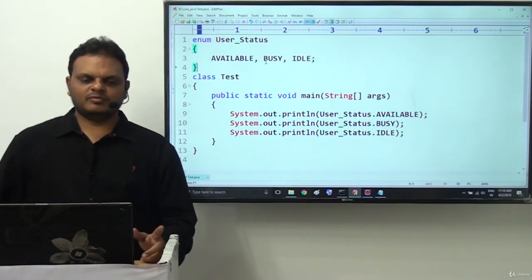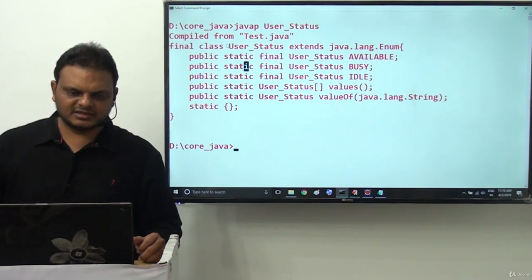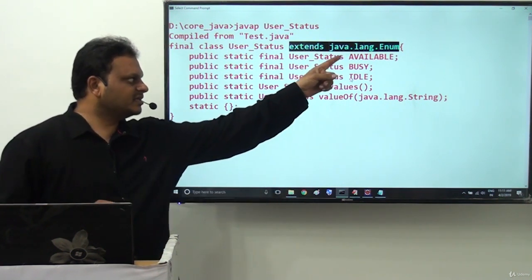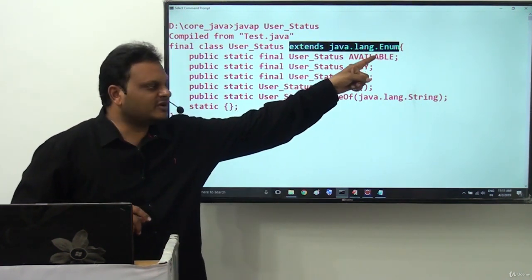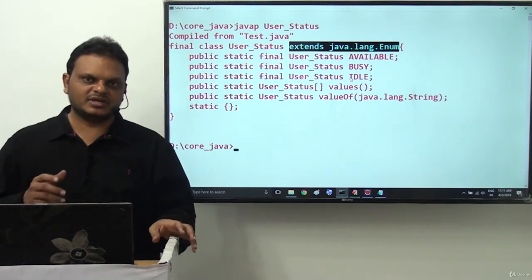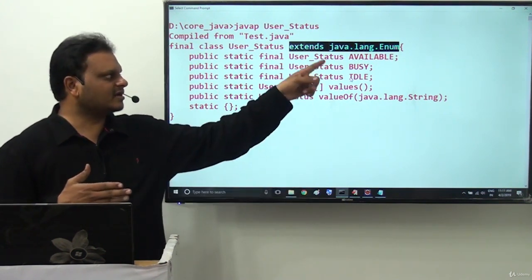Good. Point number 2, observe carefully here itself. Final class user status that we are getting, and here we are getting extends java.lang.Enum. Enum is a predefined class available in the java.lang package. So the conclusion is every enum is a child class of java.lang.Enum.